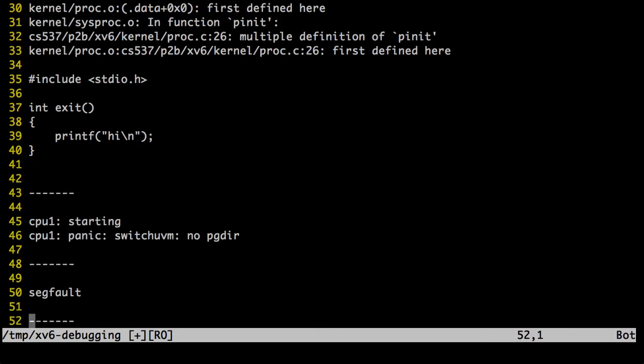Another thing that we saw was no page directory, which is very similar to the error that we saw before. If you're not actually doing anything related to page directory, and if this error sort of comes up, it means that you're trying to run a process which is not initialized. Okay, so it's an easy rule of thumb as you do more x86 projects. If you're getting an error unrelated to something you've touched, think about the process, or like what is common between that part of the code and what you have changed.